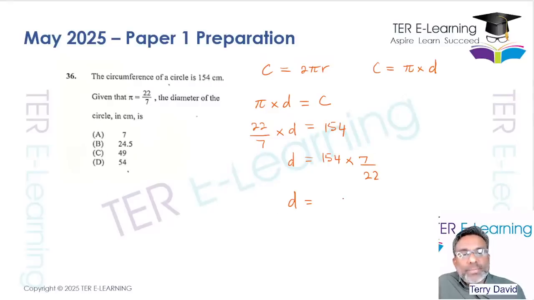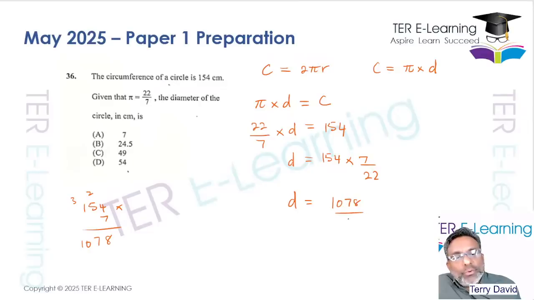Right, so to work out something like this here, what you can do, you can take the 154 and you multiply by the 7. All right, so again, in this paper, you can't use a calculator, so you have no choice. So 154 by 7, that's going to give you 7 4s are 28, 7 5s are 35, 36, 37, 1 7 is 7, and 3 is 10, so that's 1078. So this is